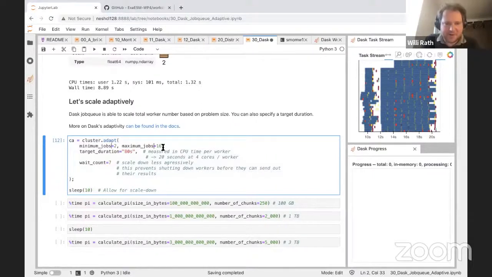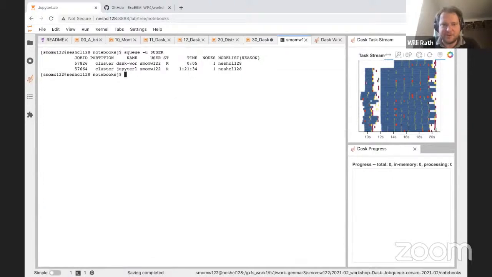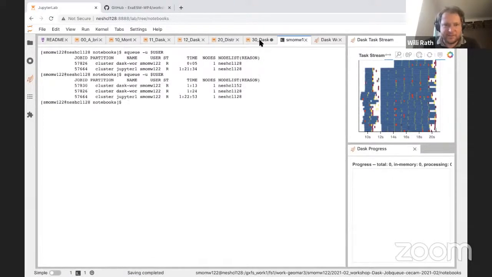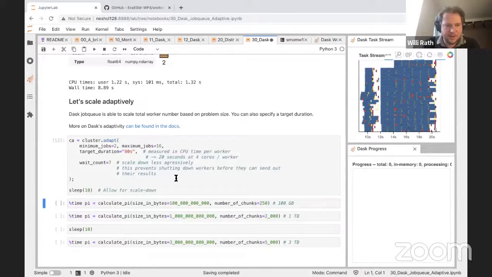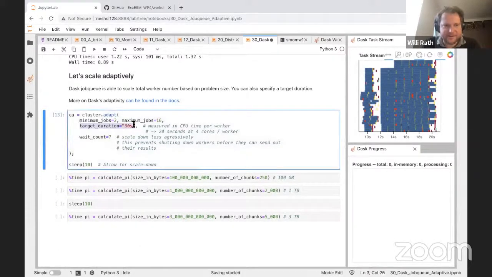There's a minimum and maximum which refers to workers, and a minimum jobs and maximum jobs which refers to jobs. And I like to think about Slurm jobs instead of workers, because then I need to remember how exactly I specified this. Now what I also specified here is a target duration and some wait count,